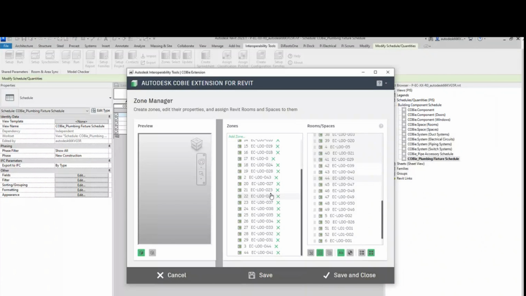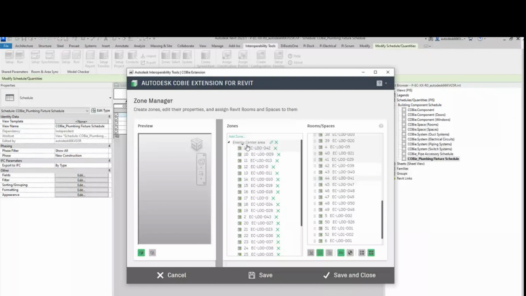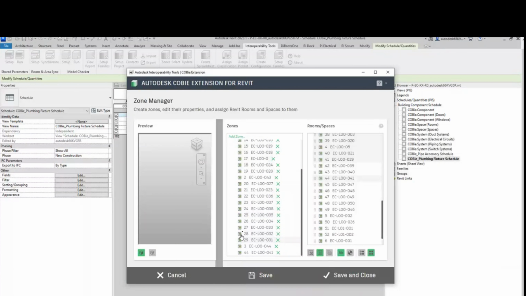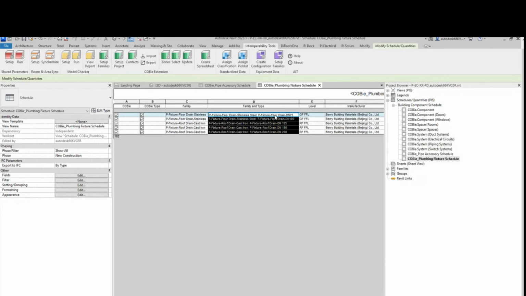Okay. Now we have created one zone. Under the zone, I have kept all these spaces. Right? Yes or no? Yes. Okay. Giving save and close. Now I have created the zone. Then the next step I have to go for